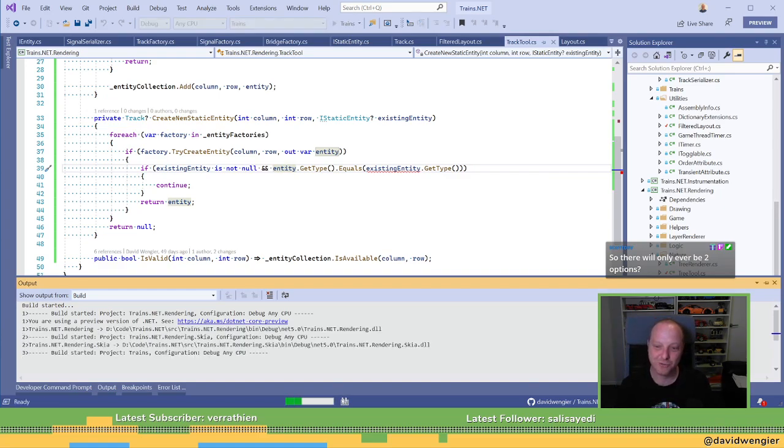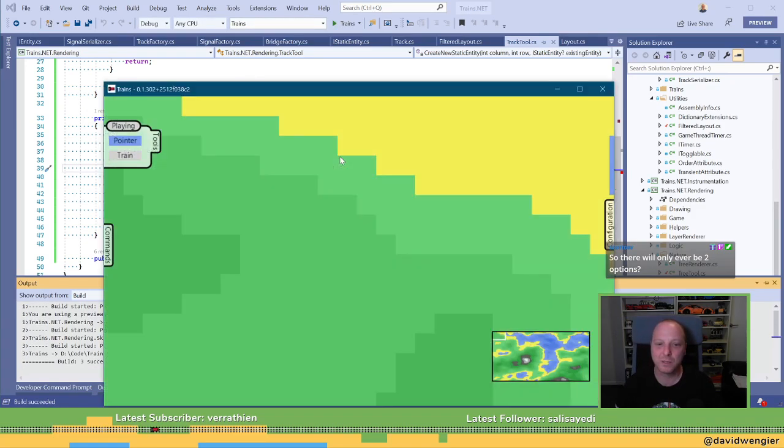Will there only ever be two options? No. I would hope not. Yeah, there we go. You essentially... Oh, I see what you're saying. This isn't toggling. This is only ever toggling. Yeah. Oh, yeah, if we had a third one, it would never get that far in the loop.